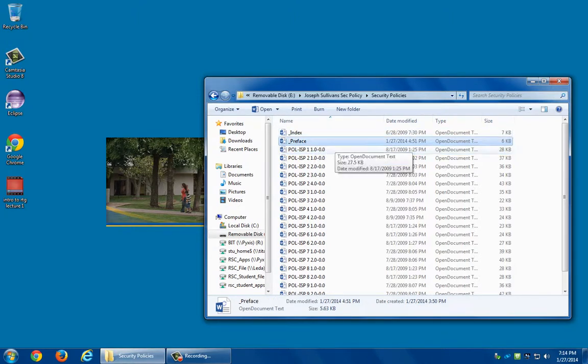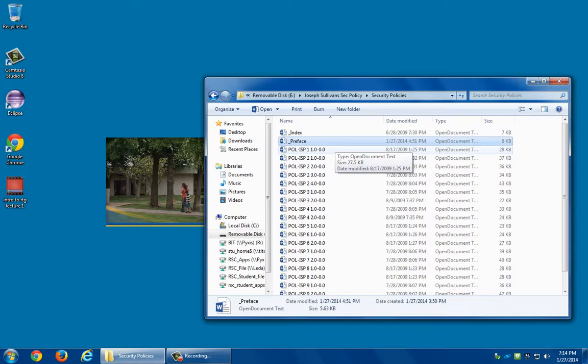You'll have a preface page that lists all of them, kind of a cover sheet, and then you give me an index page of what all the policies are. I want an index for each policy section that will kind of give me an idea of what each subsection is. Does that make sense? So you'll have a 1.0 that will describe what all the 1.1s, 1.2s, 1.3, 1.4, 1.5